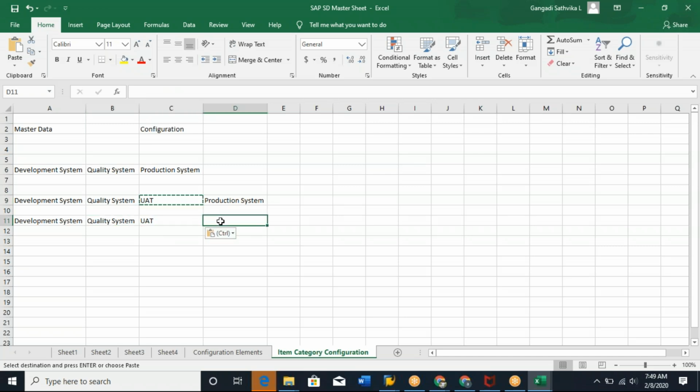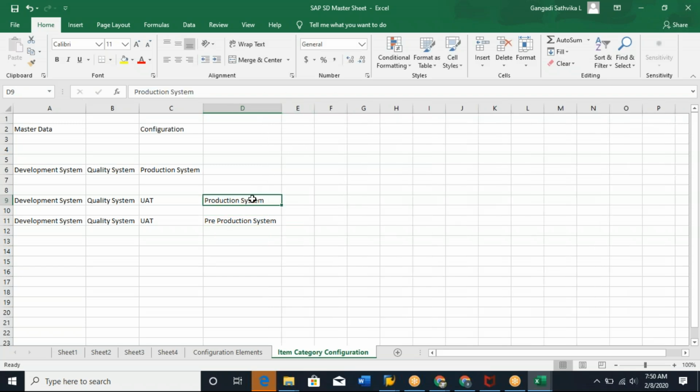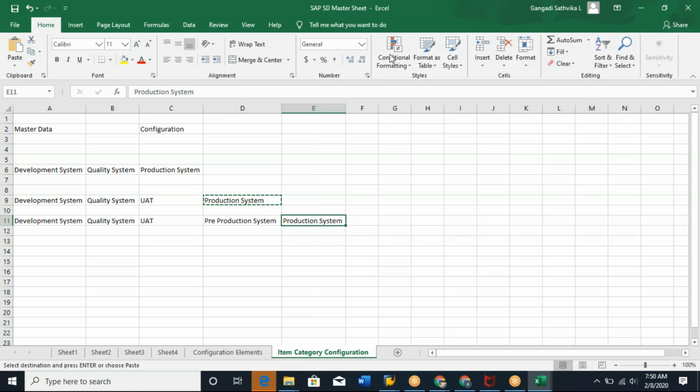Okay, and also they have a pre-production system, like it's always a copy of production, and then they have the production system. So the reason is, if you want to test any scenario, whatever the requirements, whatever the projects you are doing, whatever the enhancements you are doing, whatever the work you are doing, if you want to test it, sometimes you may not